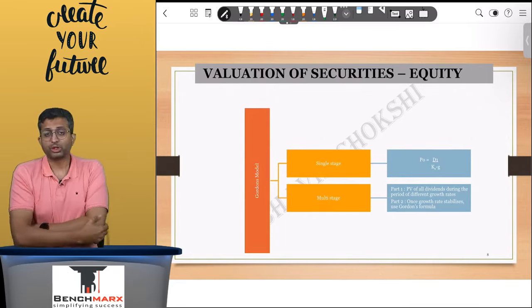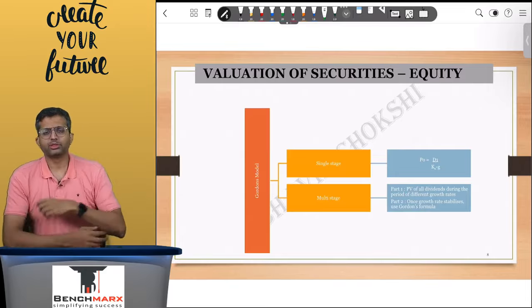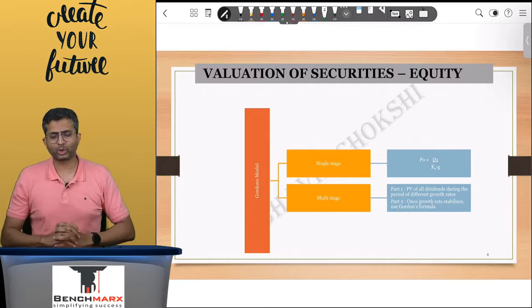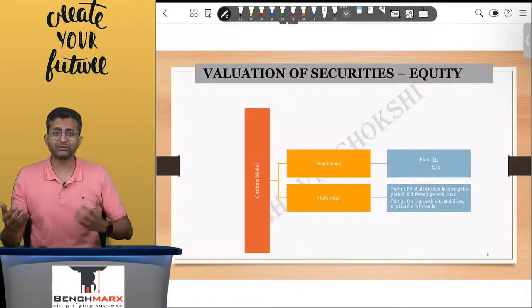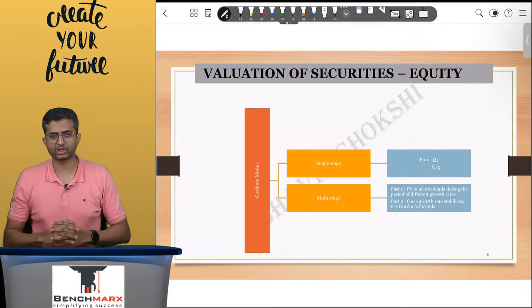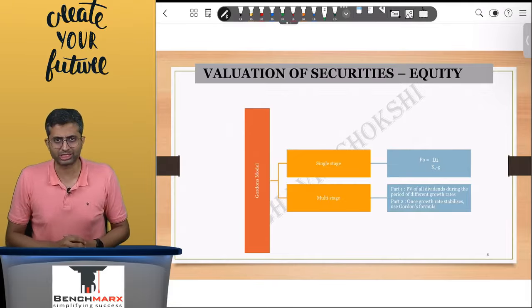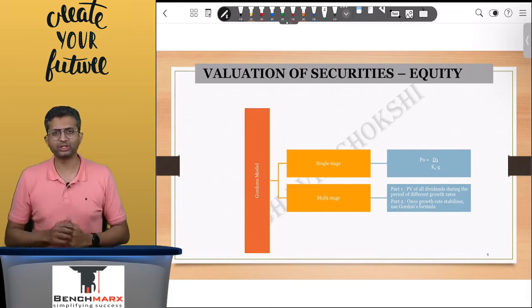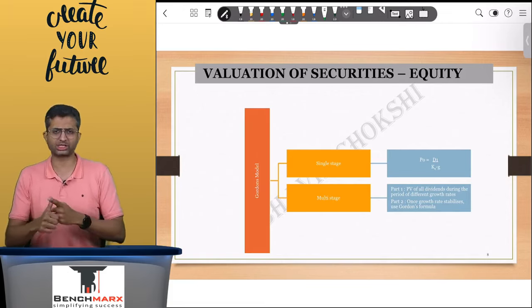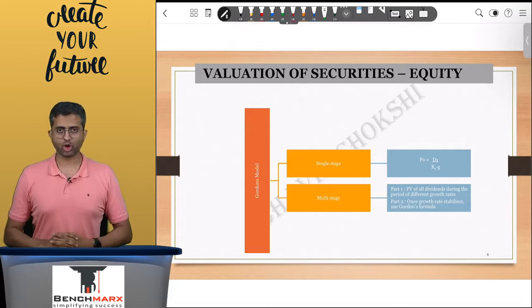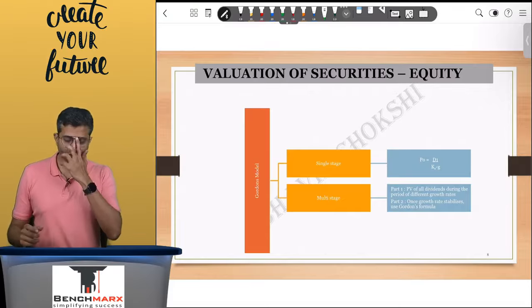Next, we go to the valuation of equity. The difference between bond and equity is that in case of equity, we get dividend, in case of bonds, we get interest. Bonds typically are for a limited tenure, whereas equity cash flows continue up to perpetuity. And hence, in order to value equity, we need a special formula which is used in the form of Gordon's formula, which can also be called a constant growth model, dividend discount model, or the Gordon's growth formula,